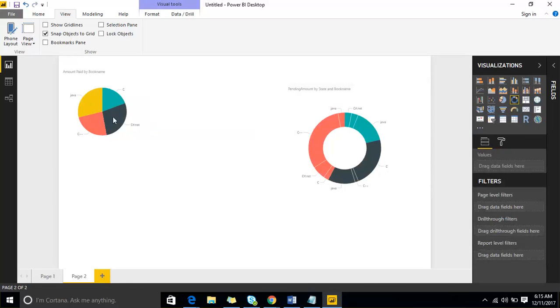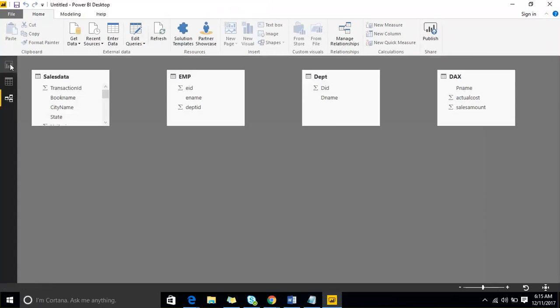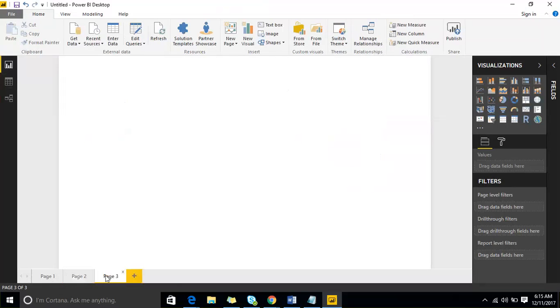And the third one is report. Here you have 3 tabs: the first is report, the second is data view, and the third is relationships. Report is where you can create visualizations. By default, as I said yesterday, you have a page 1 option, only one page. Based on your requirement, you can create multiple pages, and on each page you can create multiple visualizations. So this report view refers to